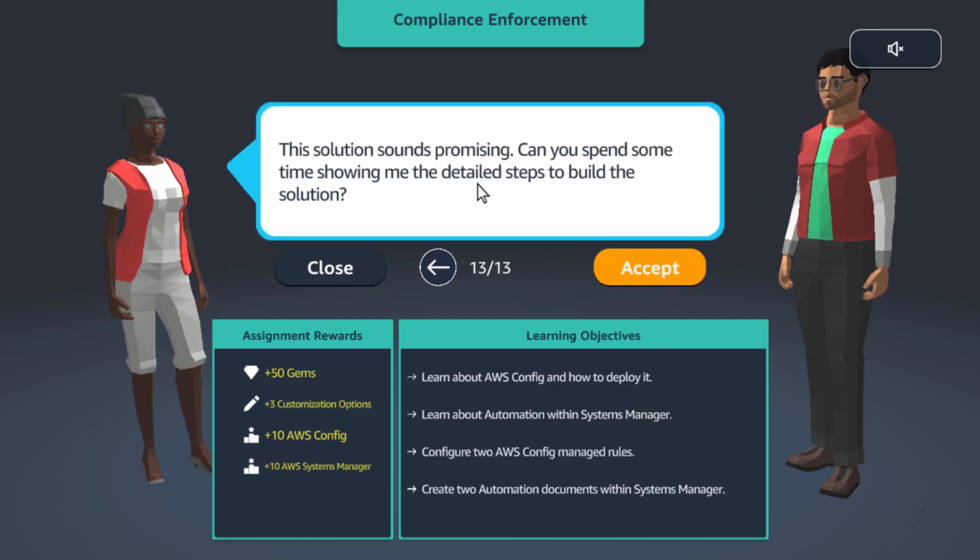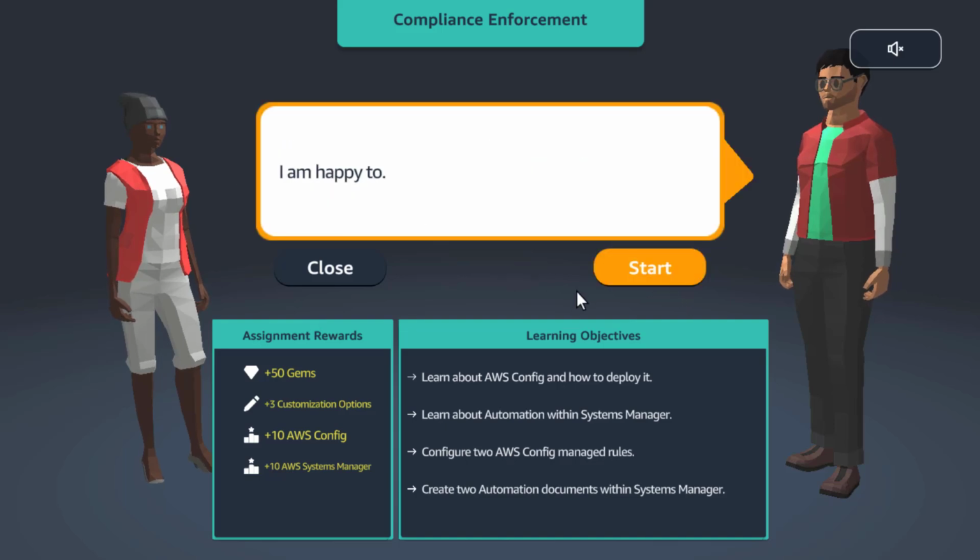Can you spend some time showing me the detailed steps to build the solution? If I show you the detailed steps, isn't it like I'm doing it? Anyways, let's accept it. I'm happy to. So by the time we finish